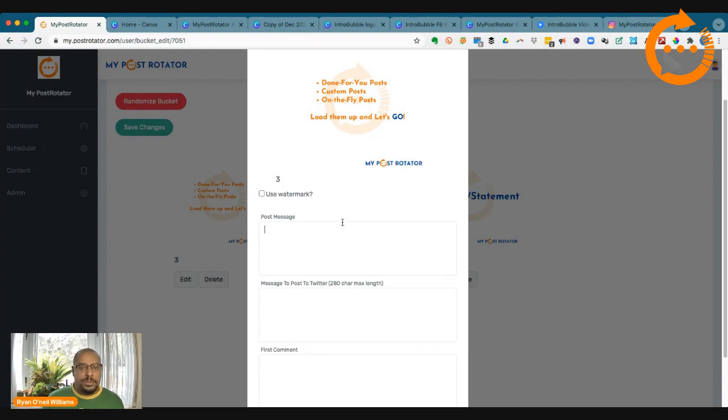Okay. And I would say, these are the benefits to using MyPostRotator here. Okay. And then it's got a secondary box here. Why does it have a secondary box? Because even though you can put a whole bunch of things up here for Facebook and Instagram and Google My Business,